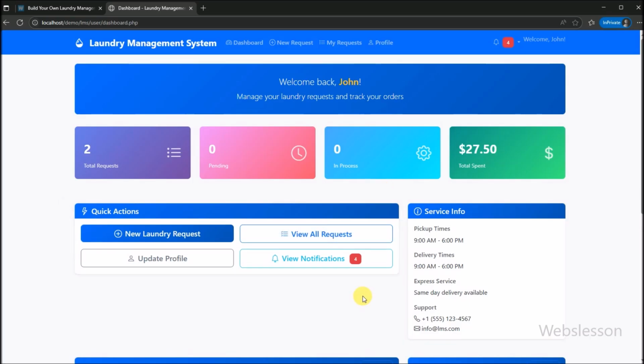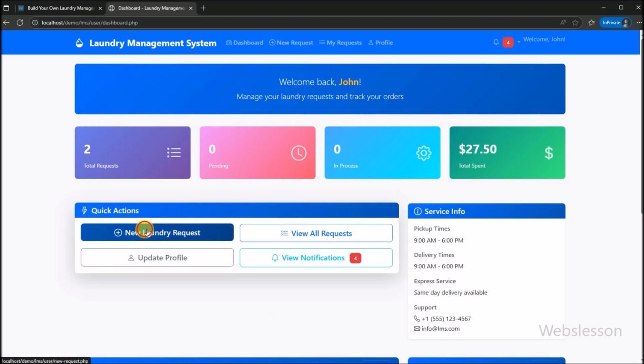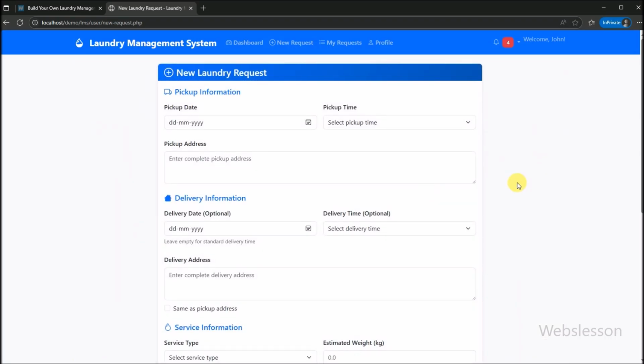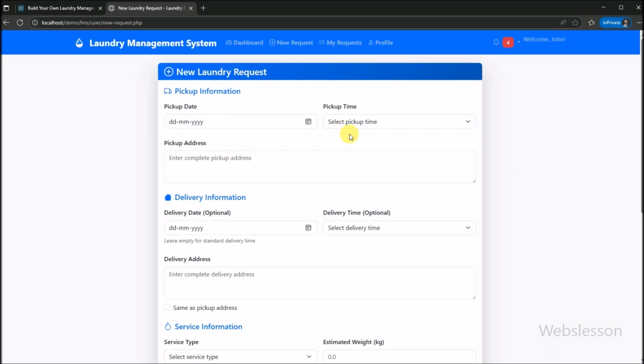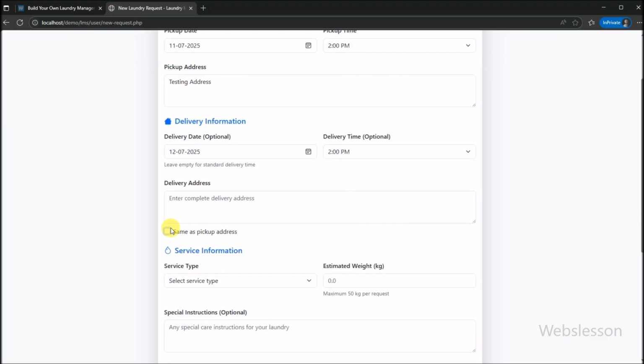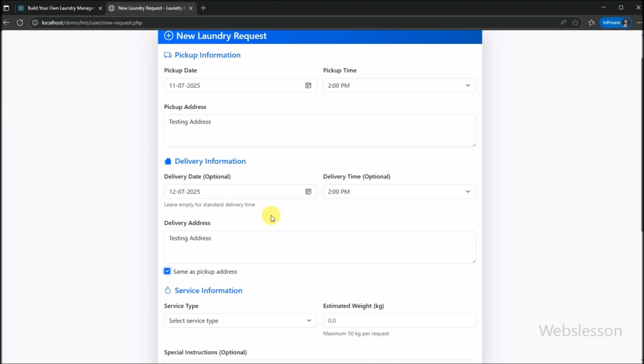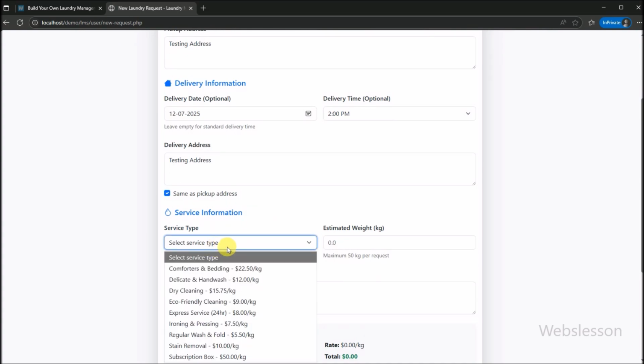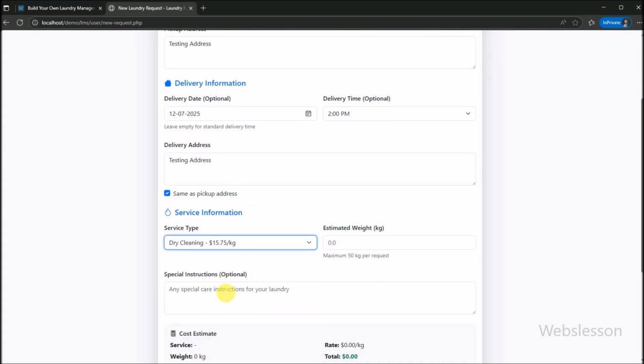Now, let us demonstrate the core functionality, like submitting a new laundry request. So from the dashboard, the user has to click on New Request. The system will take them to a user-friendly form. And here in the New Request form, they can select their desired laundry service type, such as regular wash or dry